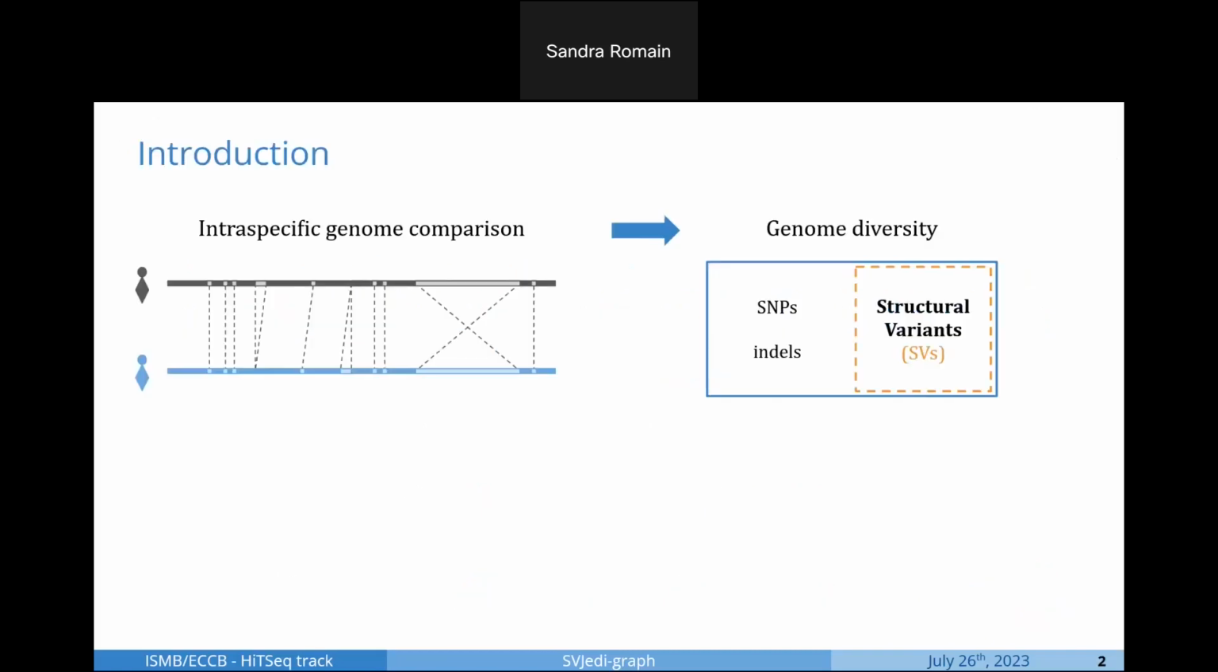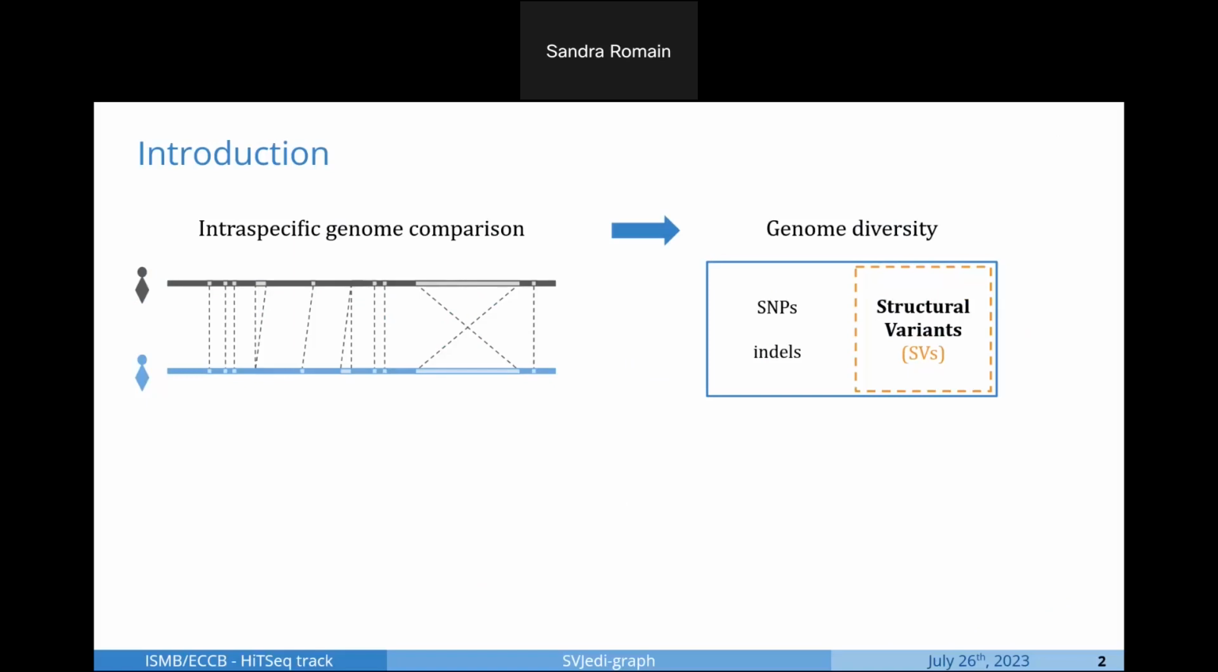But first, how do we come to study structural variants? With the increasing availability and quality of sequencing technologies, a lot of effort has been put on intraspecific genome comparison in order to assess the underlying genomic diversity of species. This diversity can be studied by identifying genomic variants, which are classified into three main categories. The first two categories are SNPs and indels, which were the first to be studied extensively due to their small size. The third category represents the structural variants,